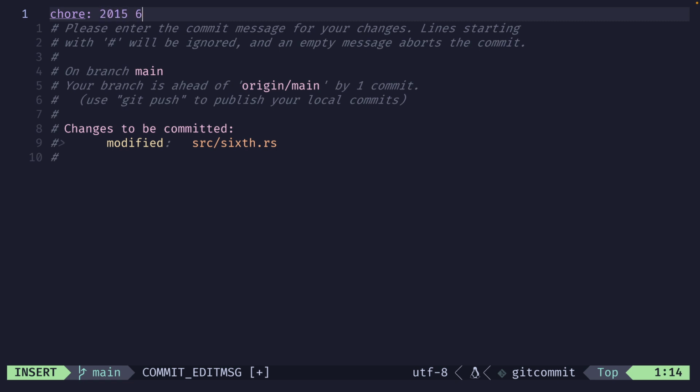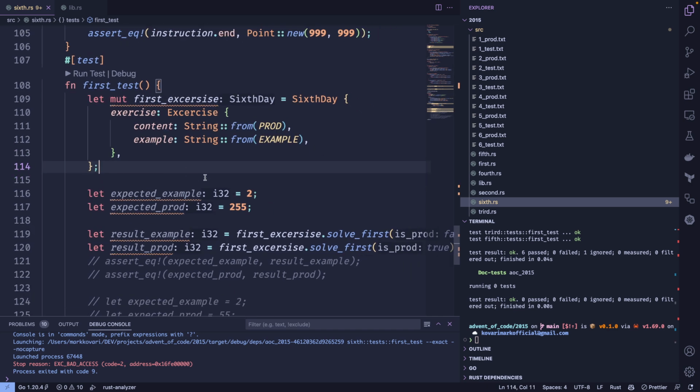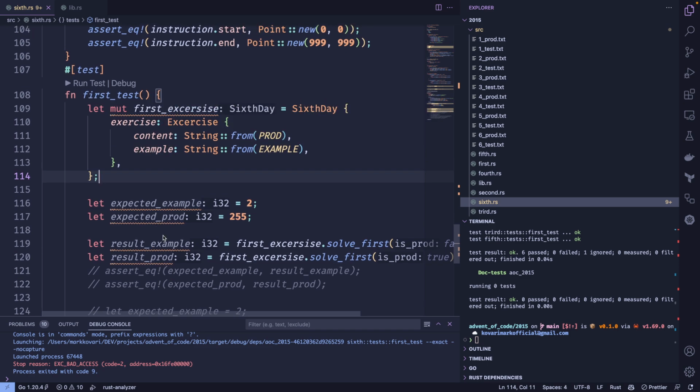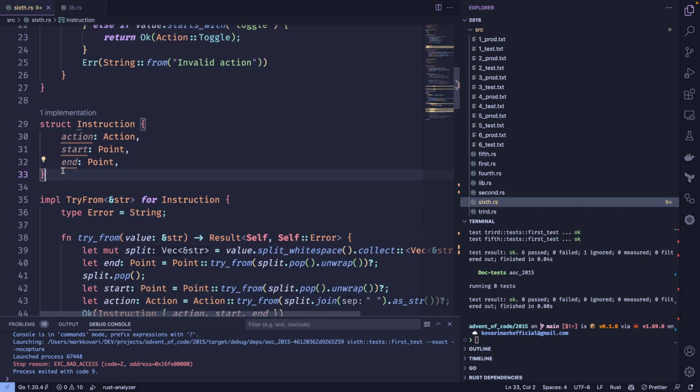2015, 6th day, first solution, structs, traits. Mostly have been implemented. I probably have a few typos there in my commit message, but never mind. So in order to calculate these things, we should have some